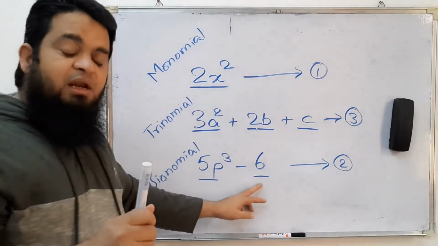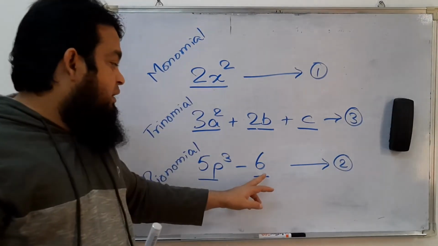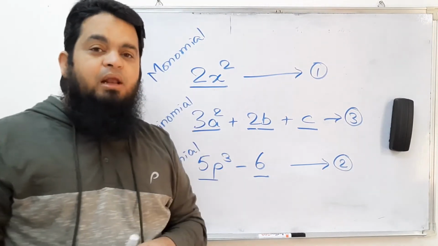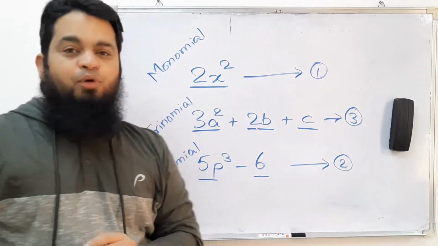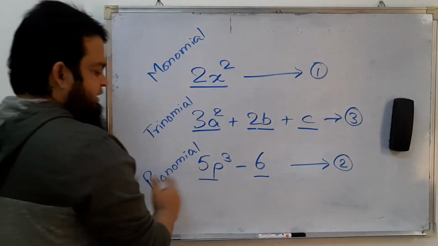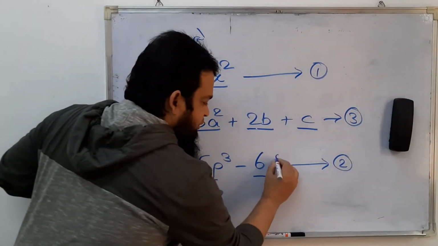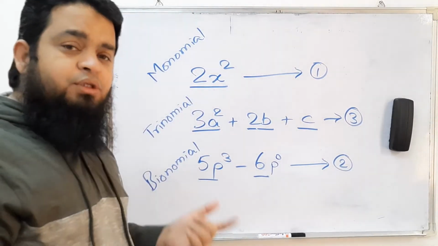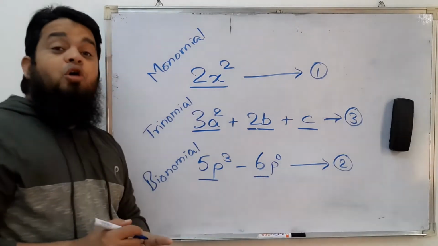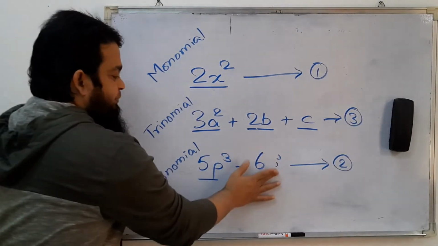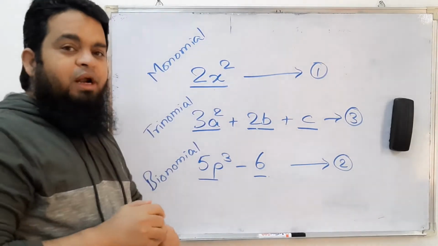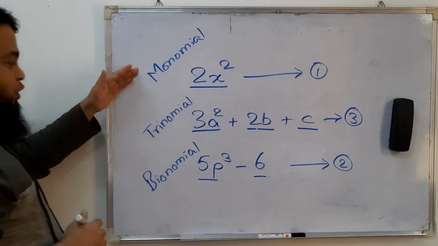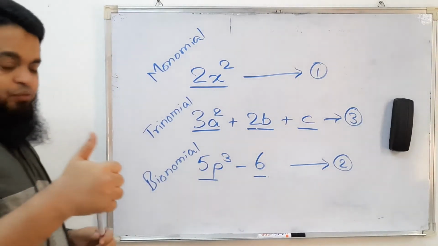And let me remind you that a constant is also considered a polynomial. You can call it a constant polynomial because, yes, it is in p cube, right? Can I write it as p to the power of 0? Yes, the variable is there, the exponent is 0, so therefore we call it a constant polynomial. Okay, even 0 you can call a polynomial, a zero polynomial. Okay, so anyways, monomial, binomial and trinomial. Fine.